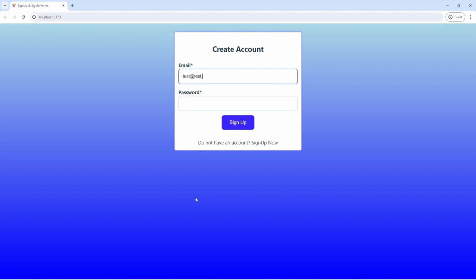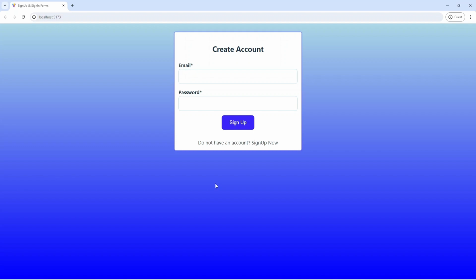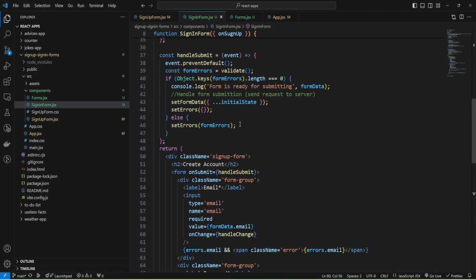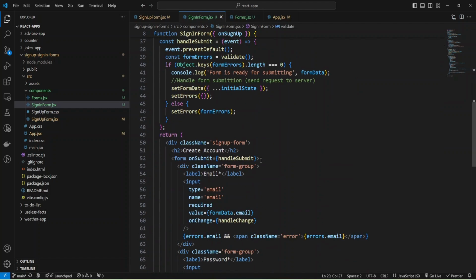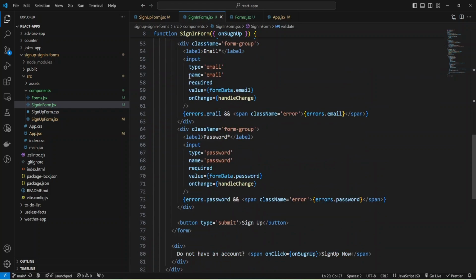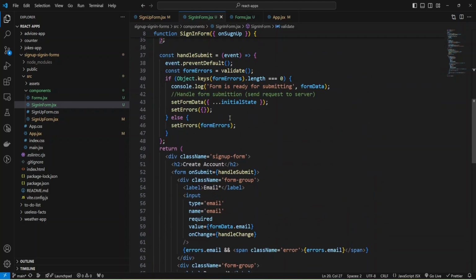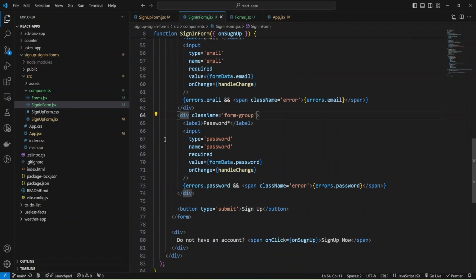Test at test.com, and I need to provide a password of at least 6 characters. Okay, and the form was submitted because we have our validation. I just copied it from my previous sign up form, and now I would like to refactor and add styles. As you can see, we have a lot of code duplication, and first of all, I would like to make